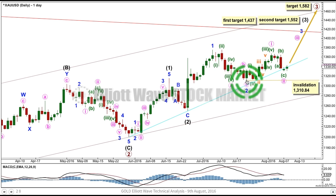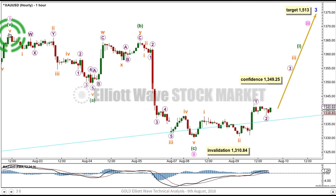Let's have a look at the hourly chart level, and I'm going to copy the cyan support line from this low to this low, extend it on out, copy it over to the hourly chart, where this high for minute 1 is this point up here. If this wave count is correct, then minute wave 2 really should be over as a 5, 3, 5 zigzag complete down here. Now if we have an impulse unfolding lower, we would label that 1, 2, 3, 4, 5. This sideways movement could be an incomplete fourth wave correction, which can't move into what would be its first wave price territory above